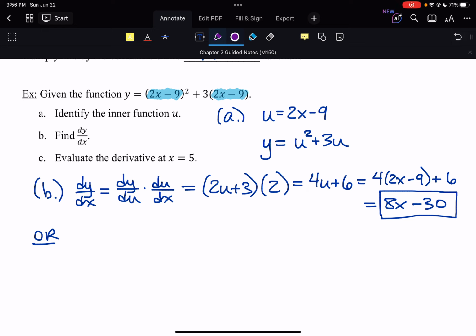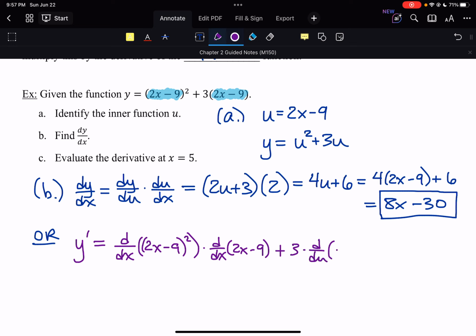What we would do is take y prime equals the derivative of (2x minus 9) squared times the derivative of 2x minus 9, plus, there's not really any need for the chain rule on this one, but